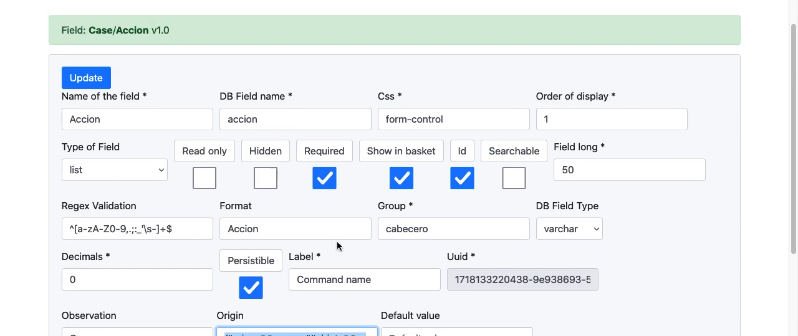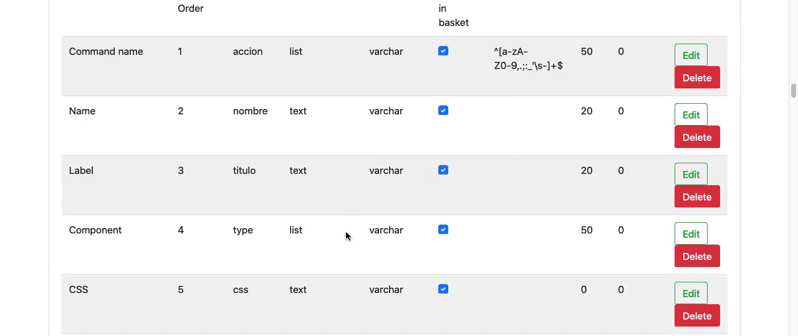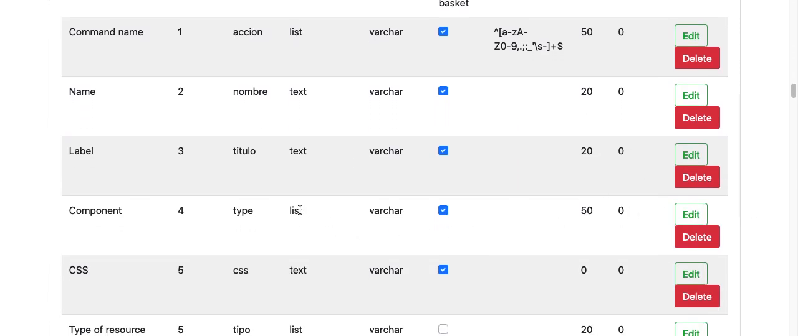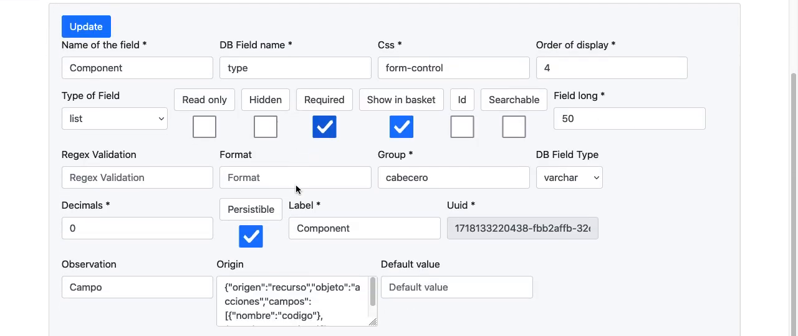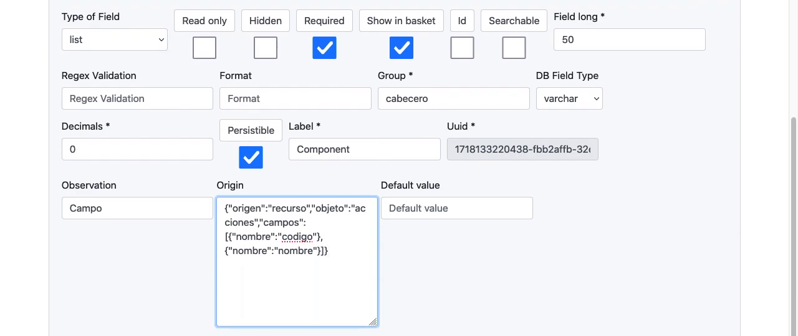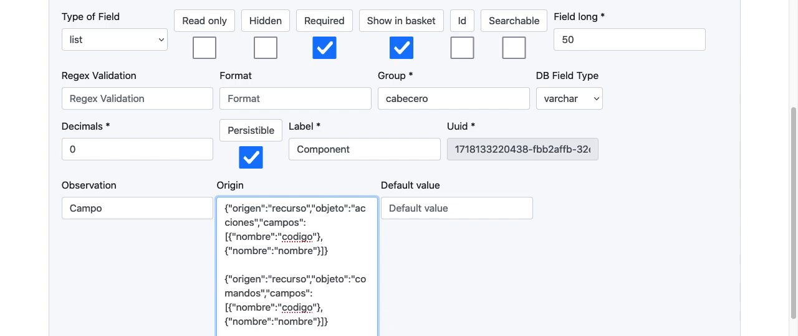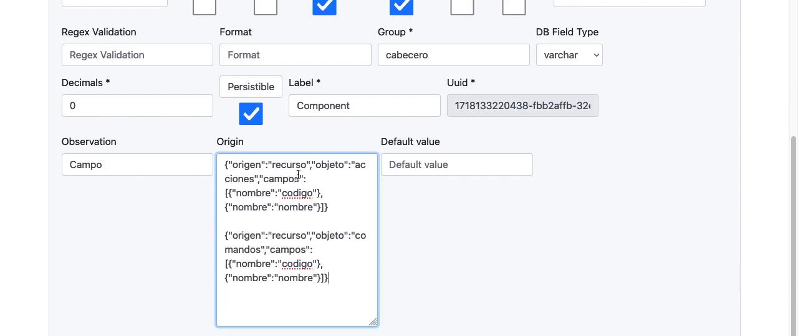Now I'm going to show you another of those fields that we were looking at on the first screen, and we saw that it is type list. So I'm going to go ahead and edit the component. And as you can see, it is type list, and the only thing that changed is the origin of the data of that drop-down list. So in this case, it is a resource. The object is what changed. In the previous one, we were loading the commands. In this one, we are loading the